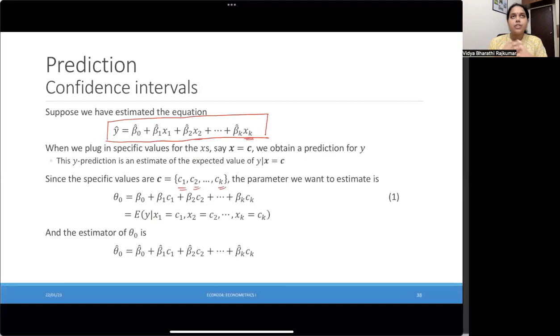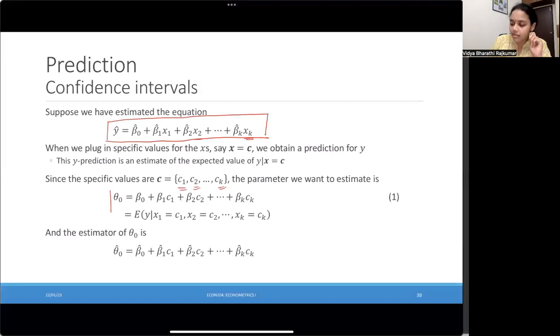So if you have a regression of, say, college GPA on high school GPA and attendance rate, and you plug in high school GPA of 3.5 and attendance rate of 90%, then for students with those values, on average, we would predict that their college GPA is something so and so. So that's the idea, and let's go ahead and call that prediction